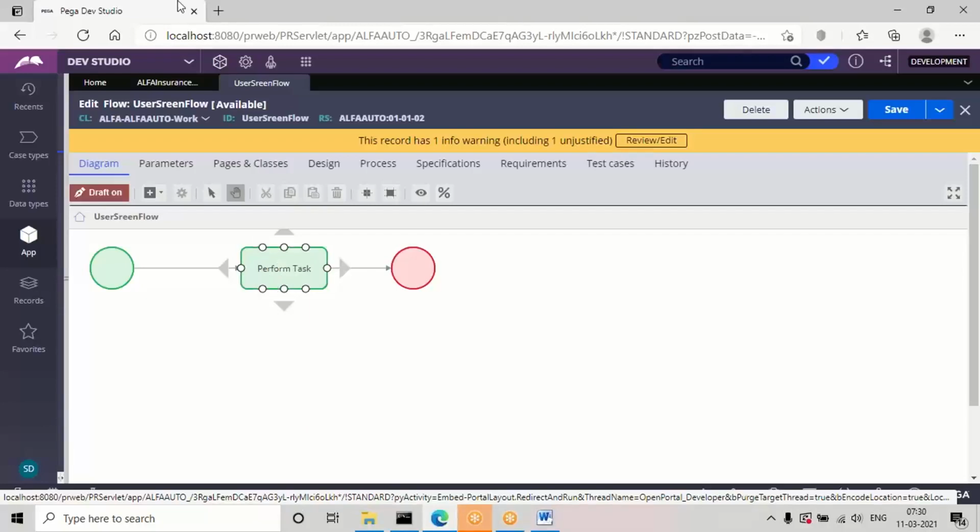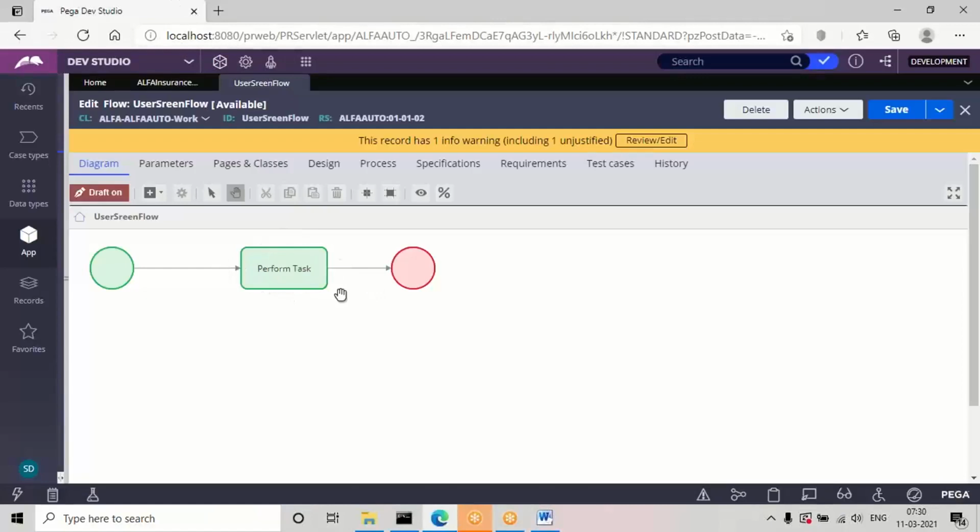In the screen flow assignment, you'll only have two parameters: flow action name and case status. But if you take the process flow, how many parameters do we have? Routing, SLA, tickets, local actions, notifications, many things, right? Optimization. So we have different things in the process flow assignment.